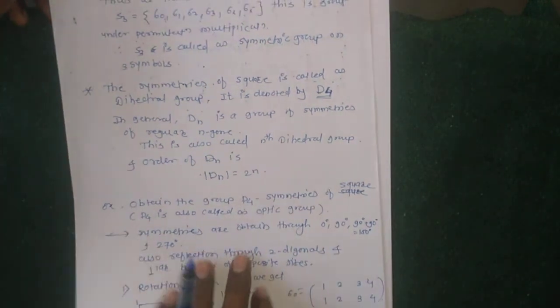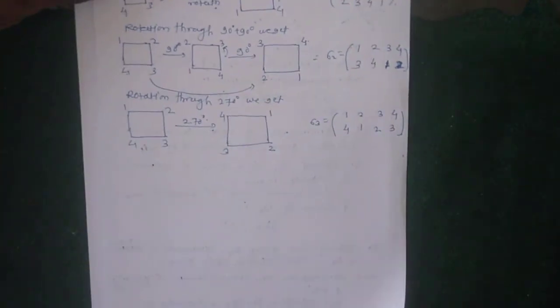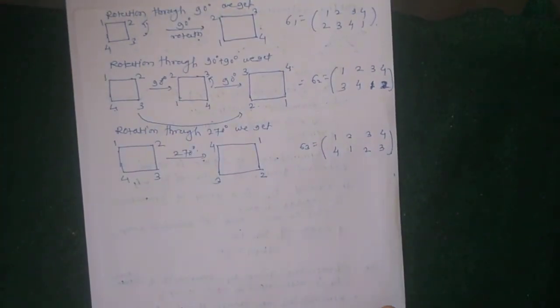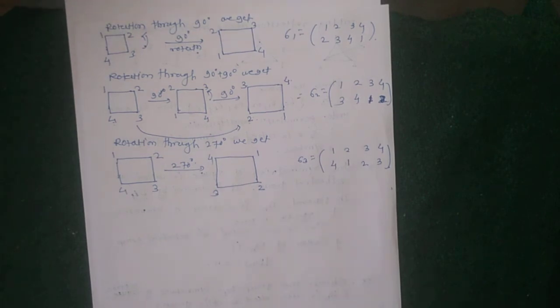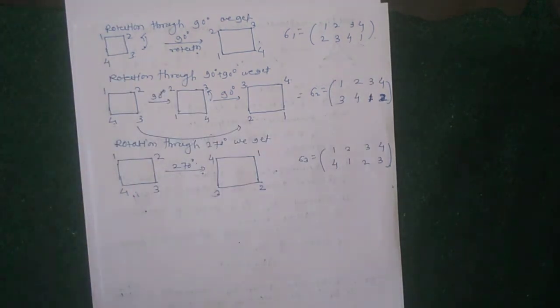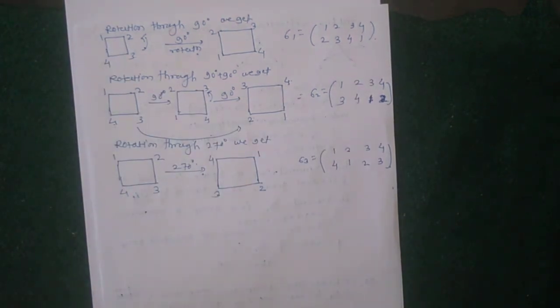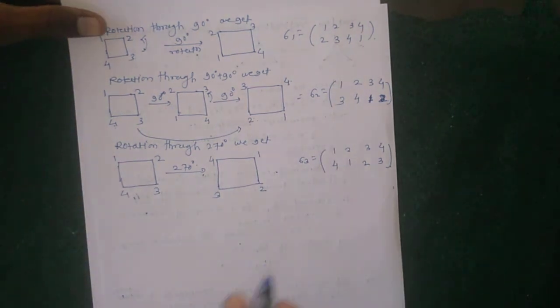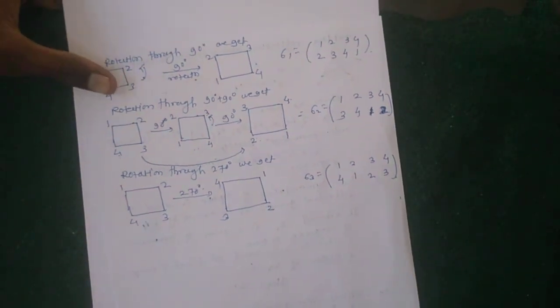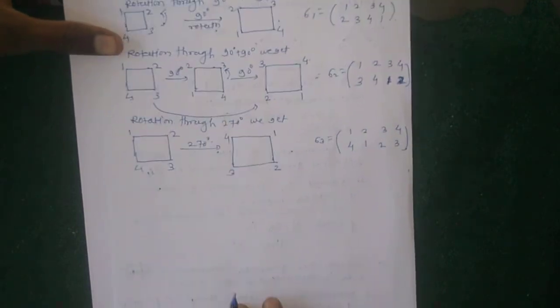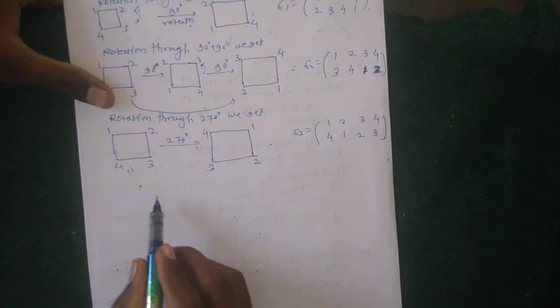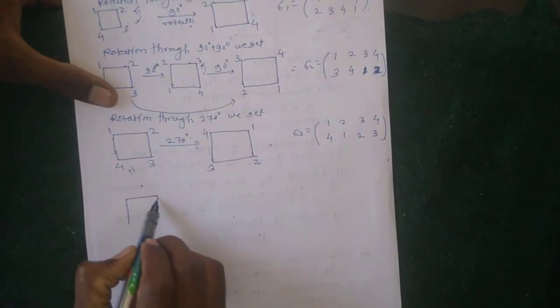Here, 4 permutations exist as rotations. Then the other 4 permutations are of the form of reflection through the 2 diagonals and bisection of opposite sides. That means 2 permutations from the 2 diagonals and 2 permutations from bisecting 2 opposite sides, so 4 permutations in total. Next, bisecting the square.